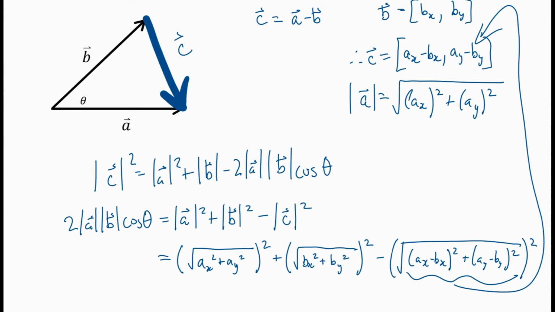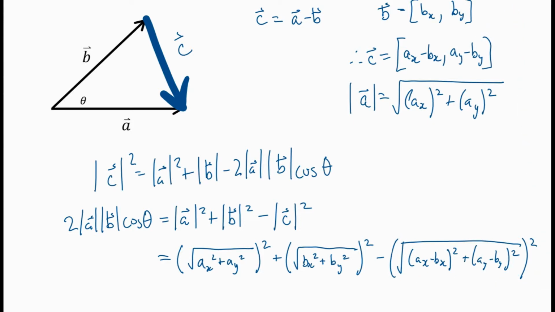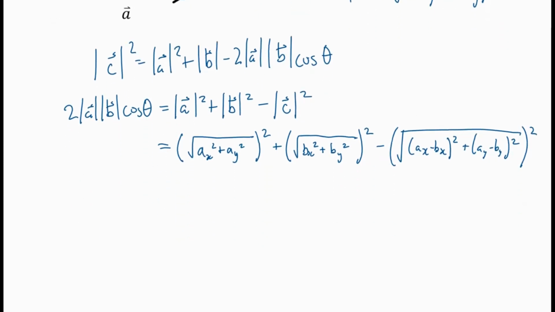It's just the x coordinate squared and the y coordinate squared. Well, what happens when you square a square root? They cancel each other. So this ends up being ax squared plus ay squared plus bx squared plus by squared